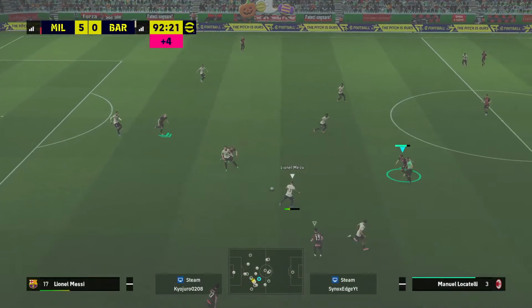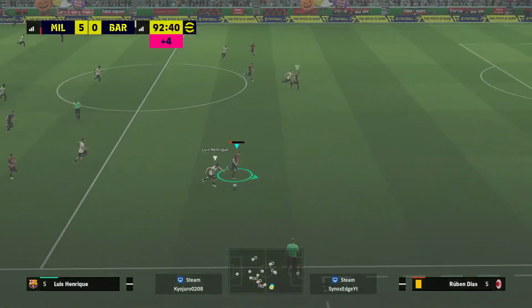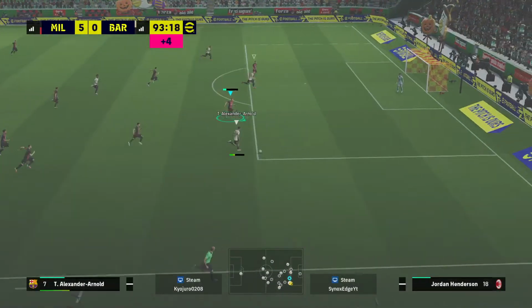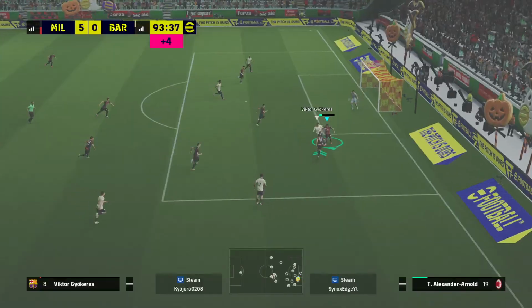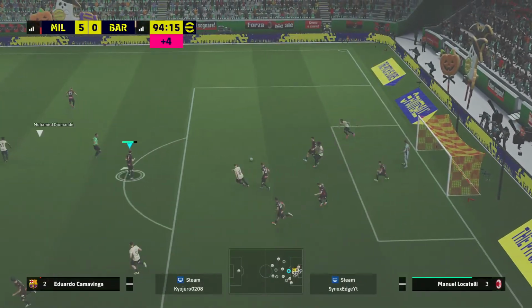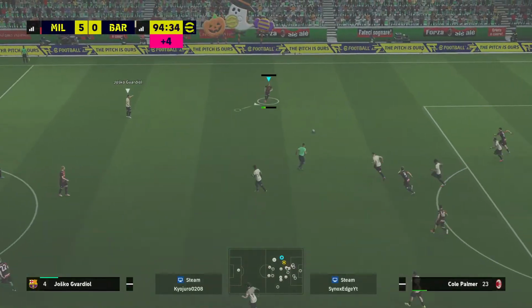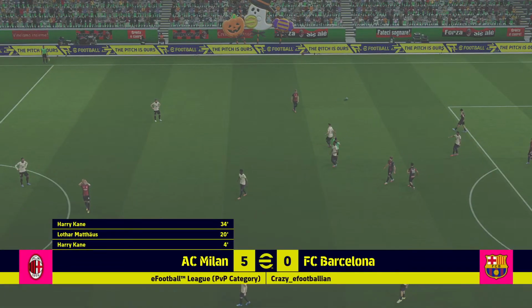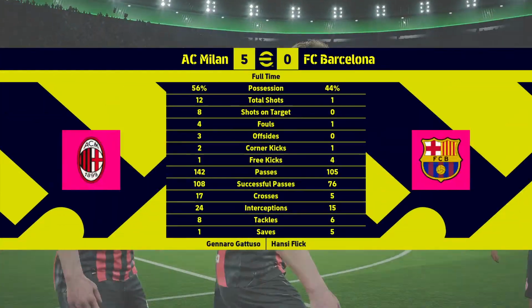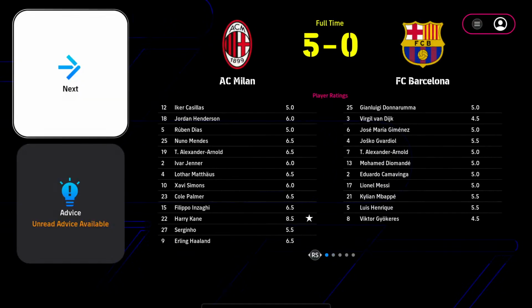Oh, that's been cut out. Well played. Now it's Enrique. It's a decent chance to counter-attack. And that could set him on his way. He's in a great position here. Swings in across. Locatelli. And that's it. Milan can look back on a nigh-on perfect performance here. A super contest in which they...